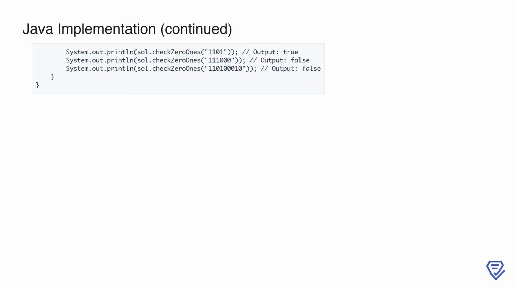Now, in the main method, we test the solution with several examples. The first test case, 1101, outputs true because the longest segment of ones has a length of 2, while the longest segment of zeros has a length of 1. In the second test case, 111000, the output is false since both segments have equal lengths of 3, and the condition is not satisfied. Lastly, for the input